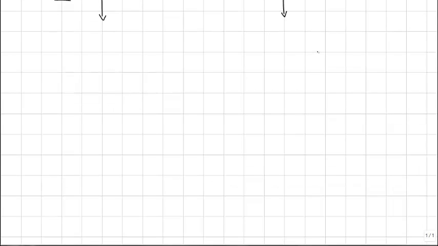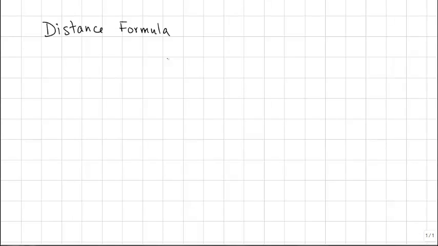Let's take a look at some uses of the coordinate system. One use is we can determine the distance between 2 points. So we're going to actually derive the distance formula. All you need to know to derive the distance formula is the Pythagorean formula, which we've come across before. So let's